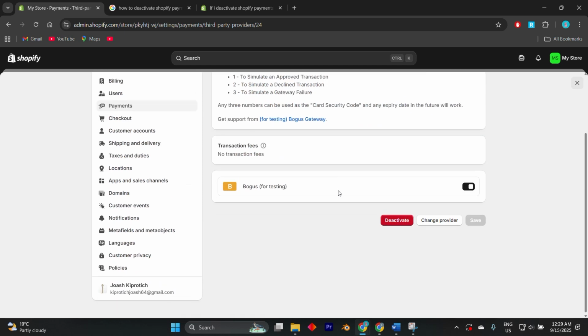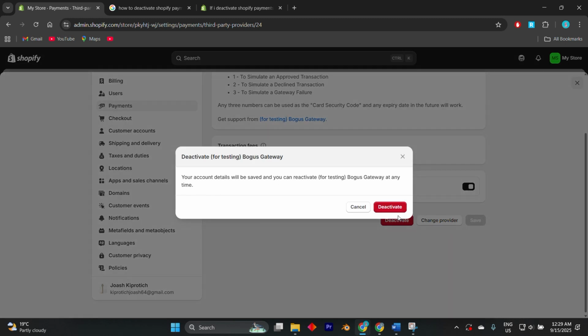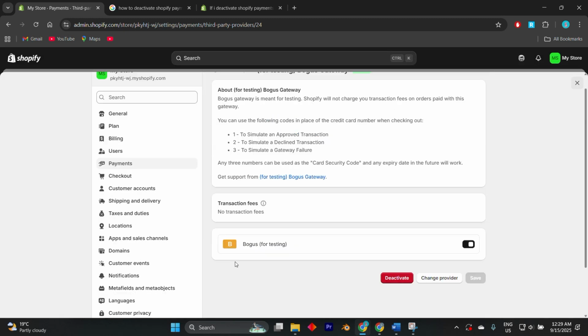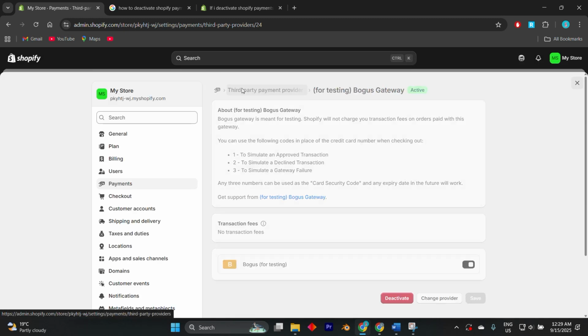Scroll down to the bottom of the page, and you'll find the option Deactivate Shopify Payments. When you click this, Shopify will ask you to confirm your choice and provide a reason for deactivation. Select your reason, confirm, and then hit Deactivate. Once done, Shopify Payments will be turned off, and it will no longer appear as a checkout option for your